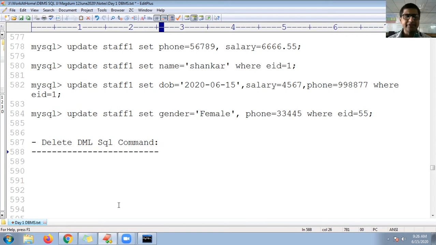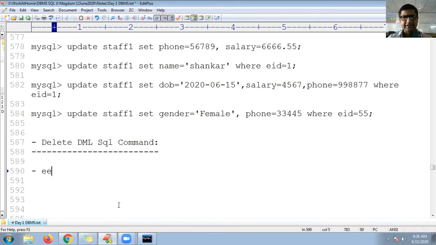Like update is useful for modifying or editing the contents of a specific column or multiple columns, or by applying the where condition also. So delete also works the same way, but it performs removing the contents from specific rows. So the purpose of delete is to remove one or multiple rows from the table.